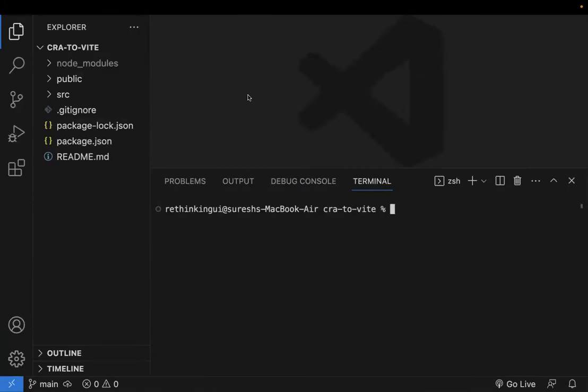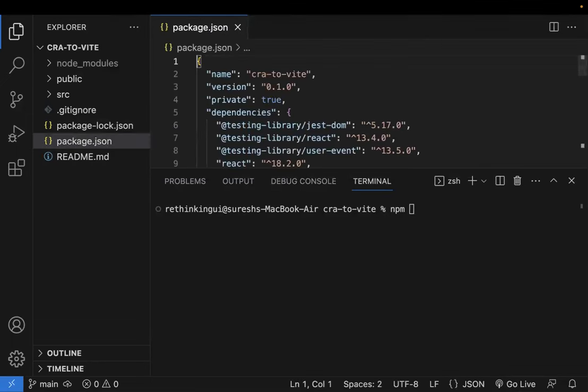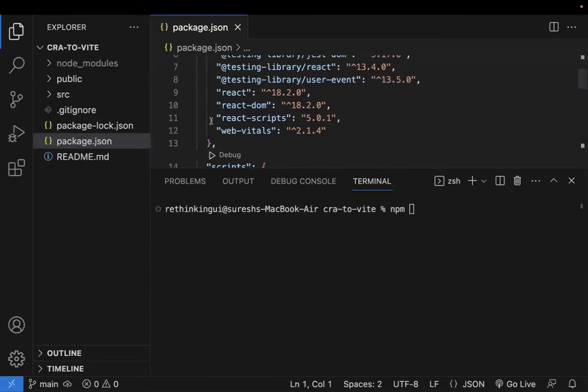So this is a Create React App application. Now we need to migrate this to Vite. So first thing is we need to uninstall. Let me open the package.json file. Here we'll see react-scripts. This is the one which helps us build our project in Create React App. But now we need to build this with Vite. So first thing is we need to uninstall this